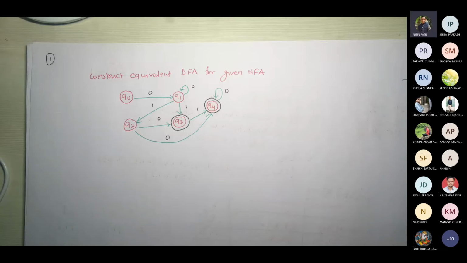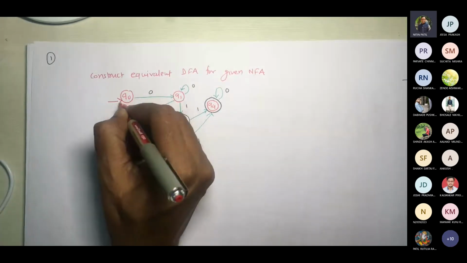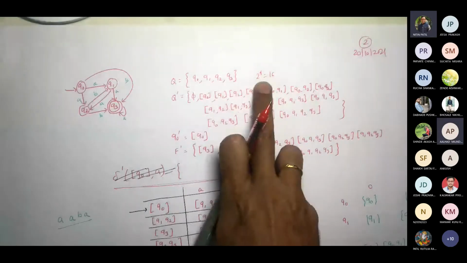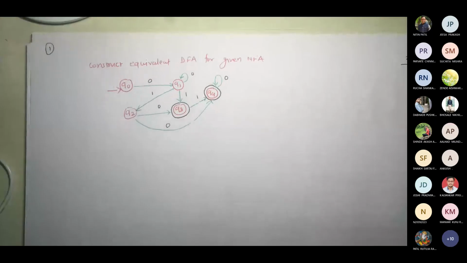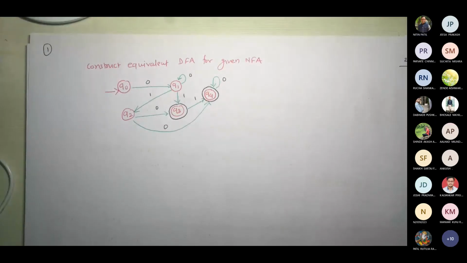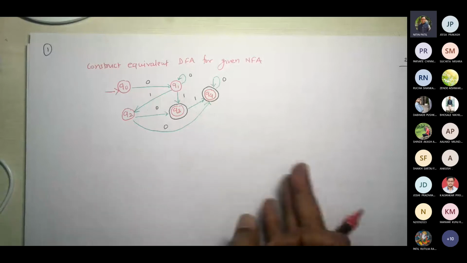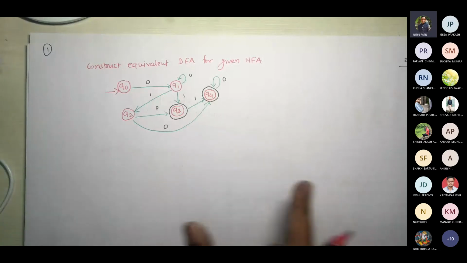Sir, 5. No, we are having 5 states in Q. Correct? Now we have to compute Q dash. Q dash is what? As per our understanding, 2 raised to 5. Correct. So probably there would be 32. Now what you should do? You may try writing what would be your Q dash and what would be your F dash.